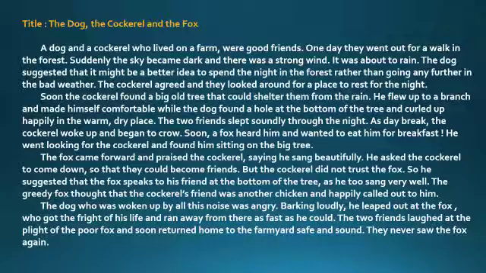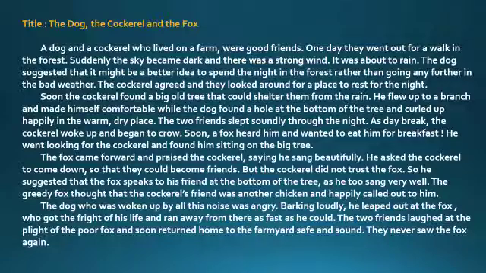The dog suggested that it might be a better idea to spend the night in the forest rather than going any further in the bad weather. The cockerel agreed, and they looked around for a place to rest for the night.